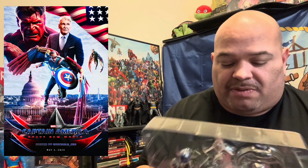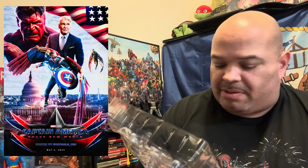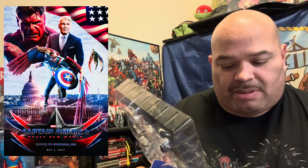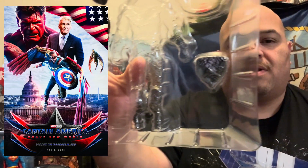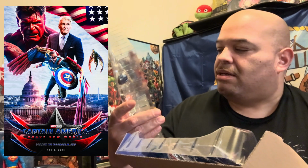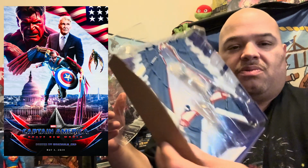So I got two different backpacks, jetpacks, or whatever you want to call them. They're kind of different. It looks like there are two different wings. You see one peg has 3, this one has 3, and this other one has 1. So I think this one goes straight into his back. The one that has 3 might be, I guess the wings really extend, I don't know. But anyway,